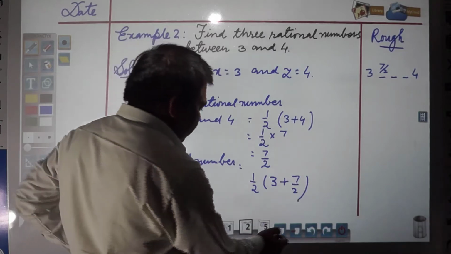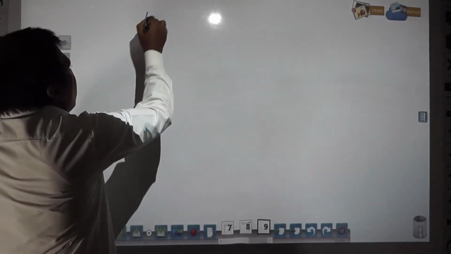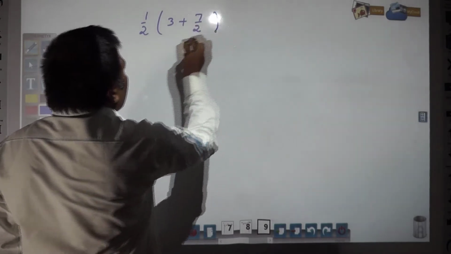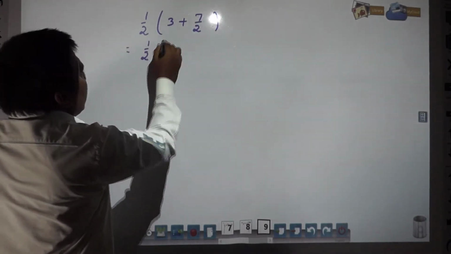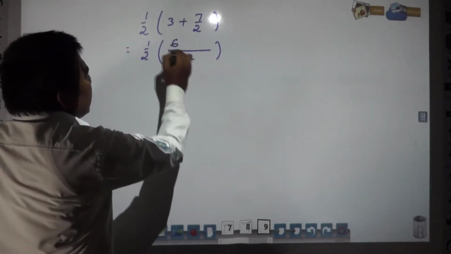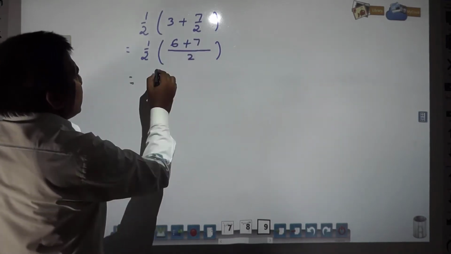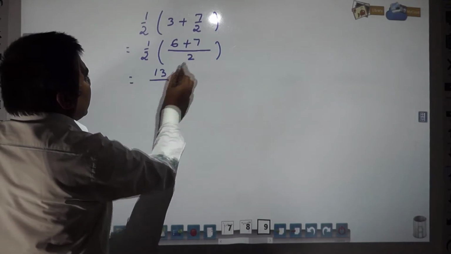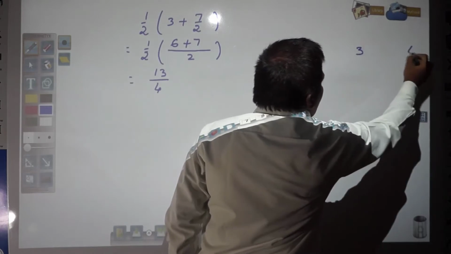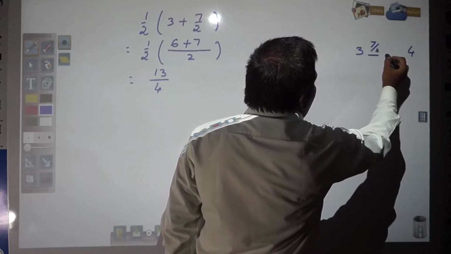You simplify this. Here you have 3 plus 7 by 2. How will you simplify? Here the LCM is 2. 2 3s are 6 plus 7, so you will get 6 plus 7 is equal to 13, by 2 2s are 4. So you had 3 and 4, the first rational number you got was 7 by 2, and the second rational number you got